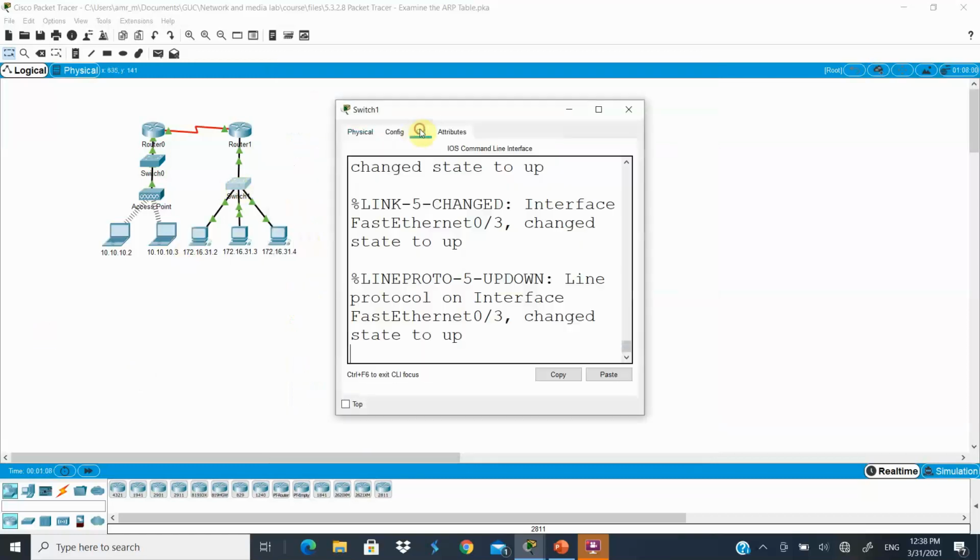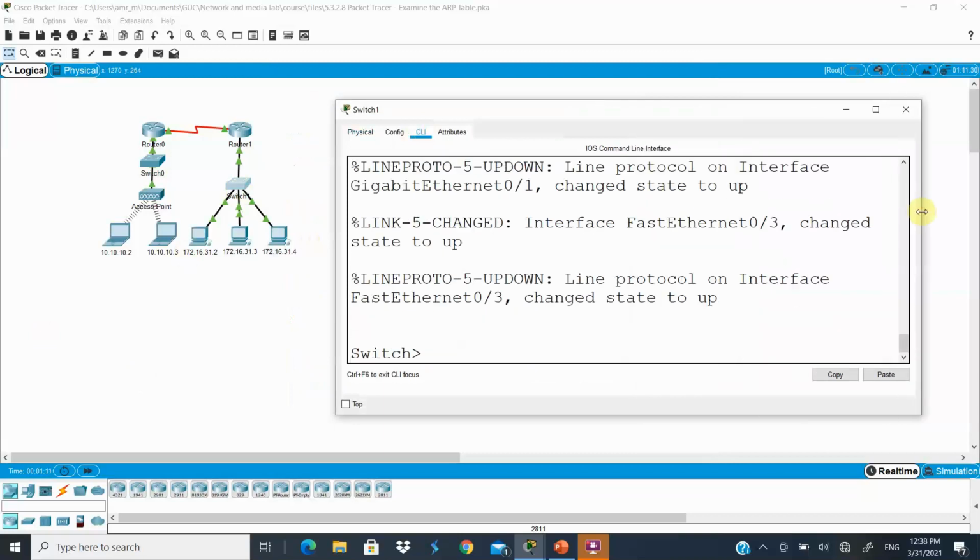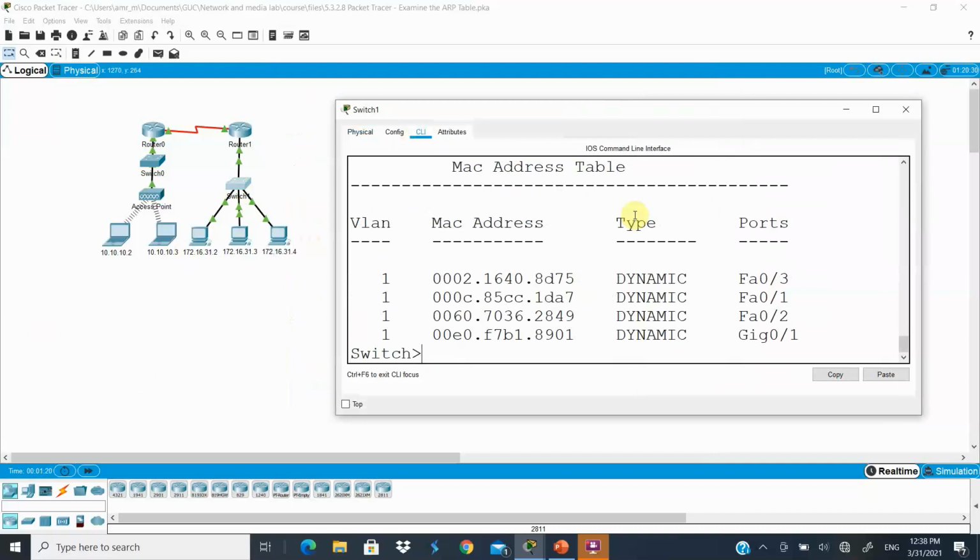If we go to the switch and we open the CLI, okay, and we do show MAC address table, we will see that the switch has already discovered all the MAC addresses and has populated the MAC address table. This is because the switch is monitoring all traffic, and so initially it will do flooding and forward the packets on all the interfaces until it starts reading actually or learning which devices are connected to which port. And so you will see that, for example, this device is connected to port 3, fast Ethernet port 3. This device is connected to port 1, 2, and this device, which is probably the router, is connected to the